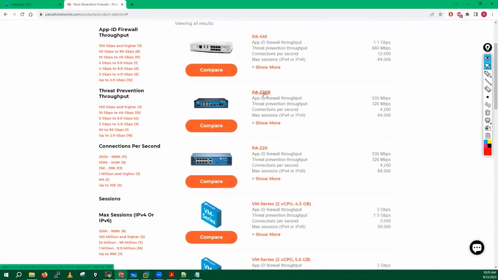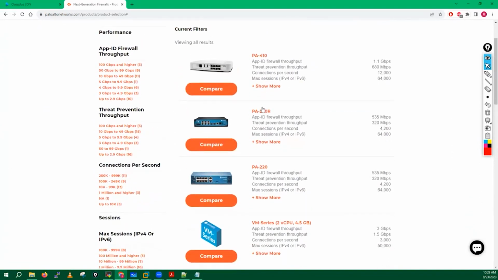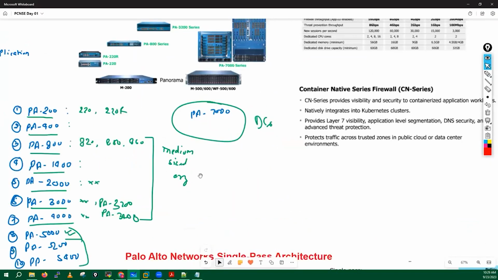So then 220, 220R and 220, right? All these series are available, or these are the hardware appliances offered by Palo Alto Networks. Just remember. Apart from this, basically,